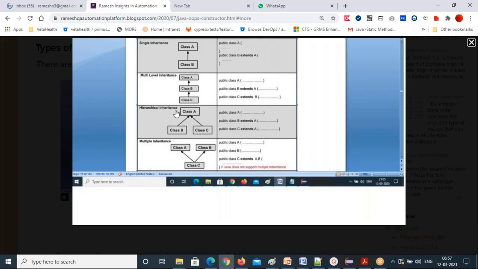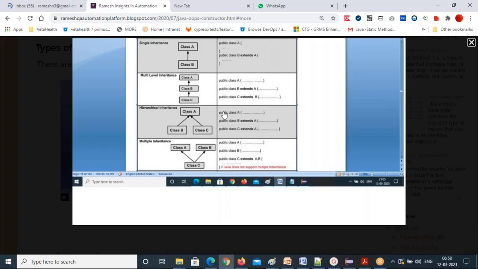Hierarchical inheritance means one parent can be accessed by multiple children. One parent's properties can be used by multiple children. That is legally possible, right? If in a family two kids are there, the parent's properties are equally shared and used by the two kids.